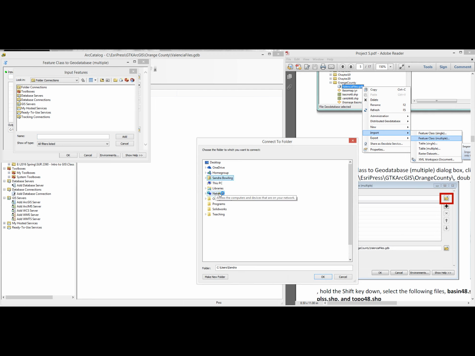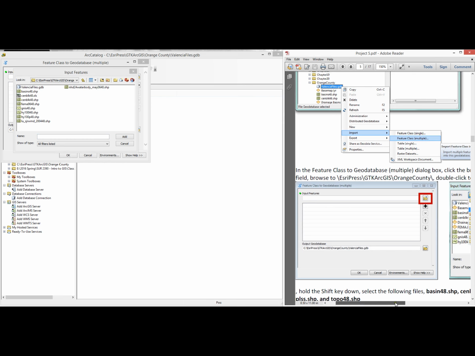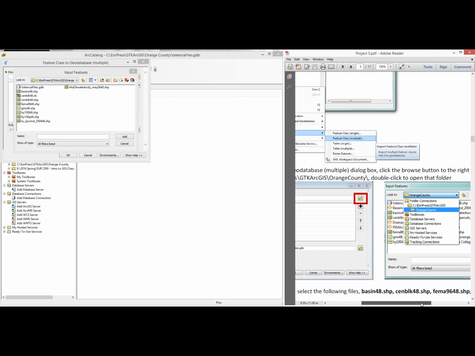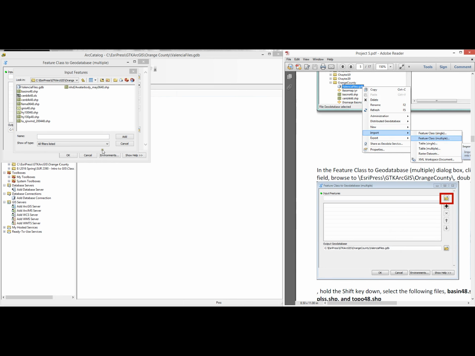Mine is connected right now, so I'm going to connect it to the C drive, Esri Press, ArcGIS, Orange County, and bring in multiple ones. In the instructions it says to hold down the basin, census block, FEMA, Orange County parcels, PLSS, and TOPO. So I'm going to pick it and hold my shift key, FEMA,